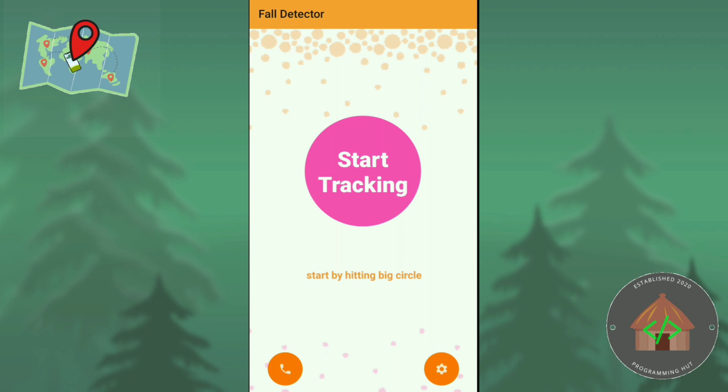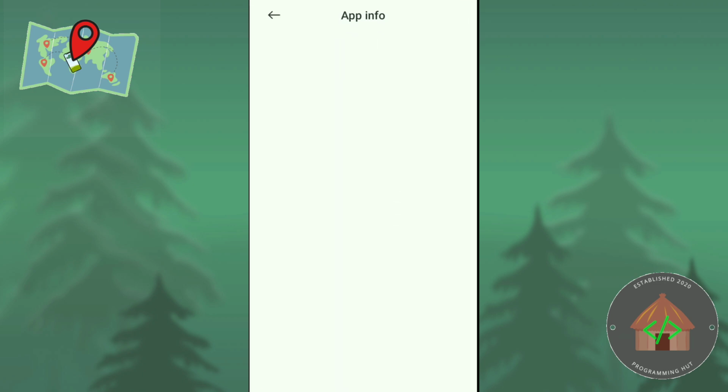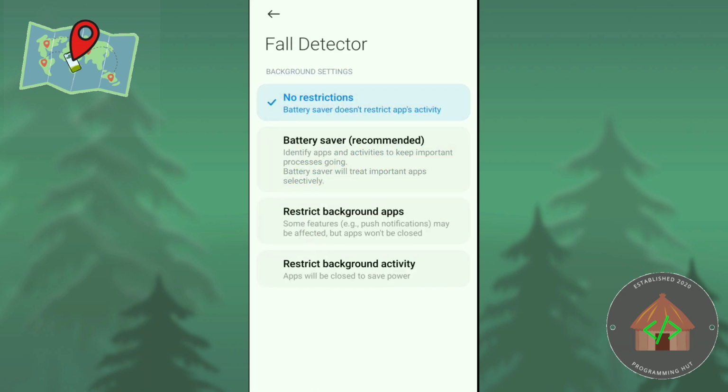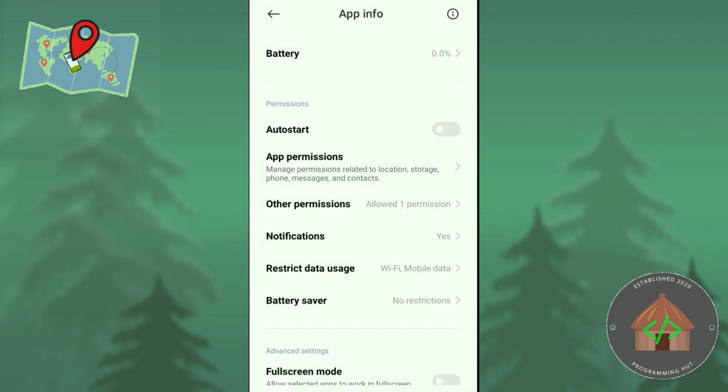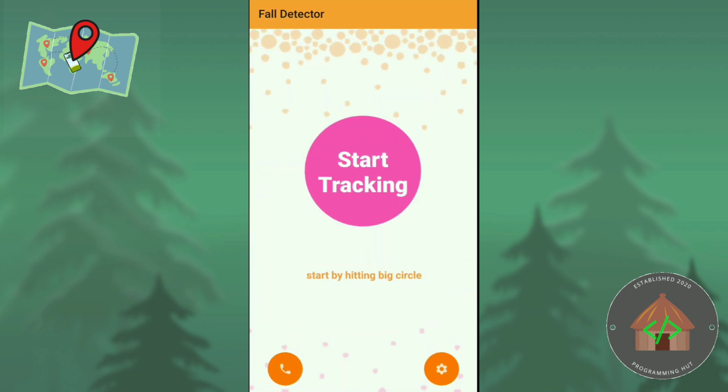Now you have to enable the location, and this is super important. Open the recent menu tab. Make sure to lock this app in the background so that it can run freely, and you have to go into the app info settings of this app and make sure you apply no restrictions. The operating system should not be applying any restrictions on this app. I am using an MI device, so it might be a bit different in your case.